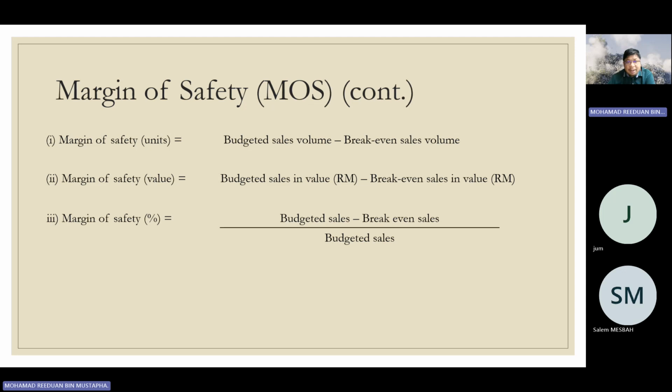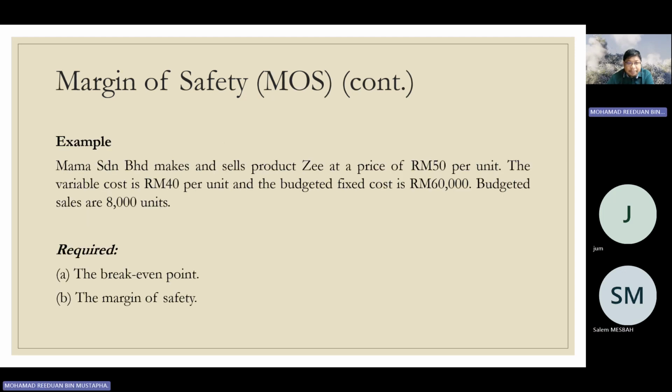So this is the... in order to get the MOS, you need to know, after you get back all the break-even analysis, then you need to identify your budgeted sales volume. So there is a difference. At least you need to know how much before your percentage of the safety net, because you add on the budgeted sales value. Because sometimes your value cannot be achieved, then you know how many percent it should be done. Okay, so example,